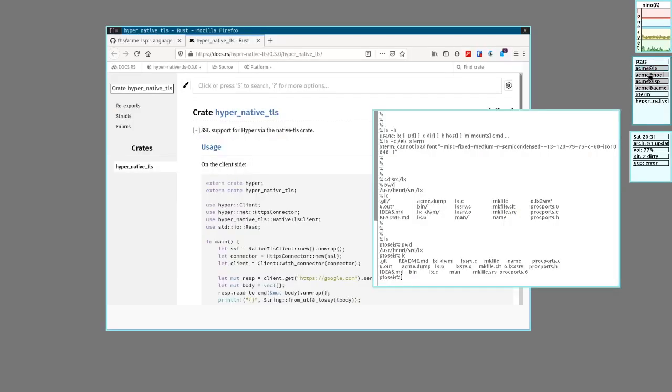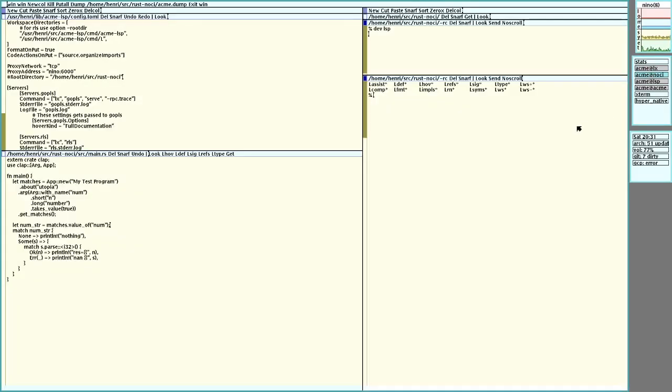Another example. Recently I decided to start learning Rust for work. And as you may know, Rust is not yet available on Plan 9. And as you may know as well, the command that you use to build Rust projects is called cargo. Okay, this one is not very visual.